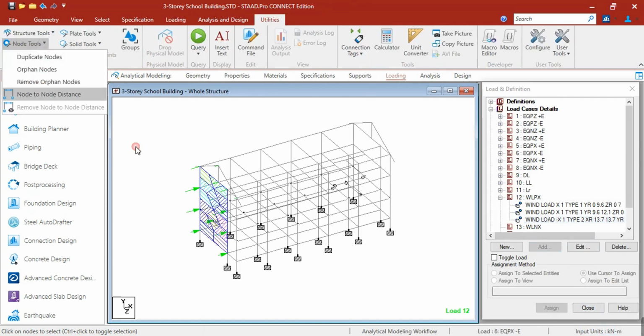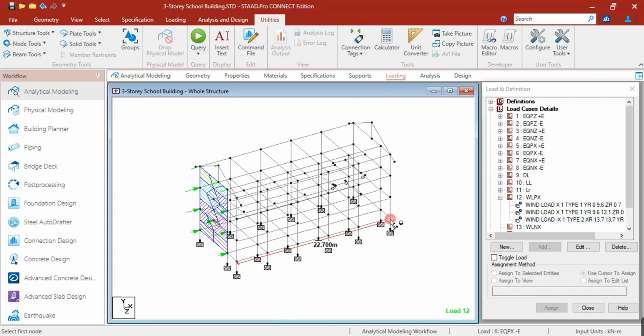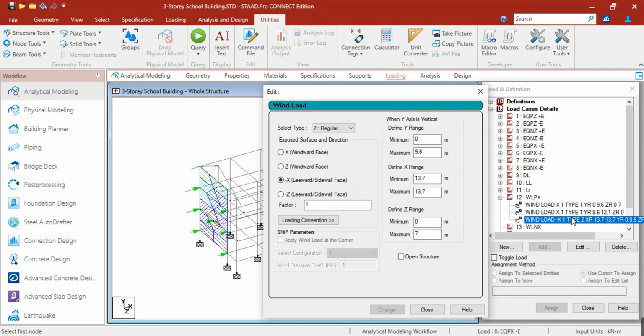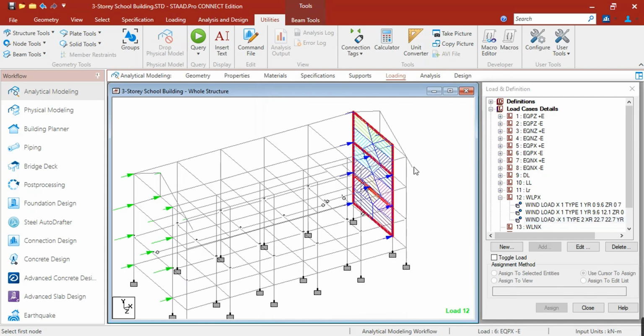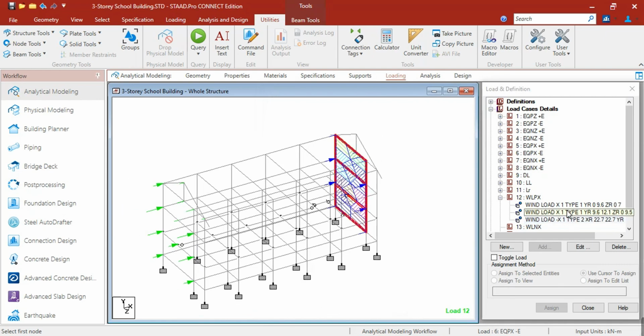Correct. So let me check. No, this is 22.7. Okay, so this is now for the walls for the leeward.